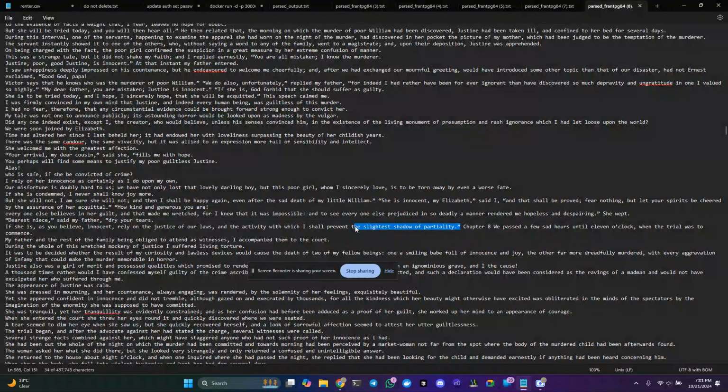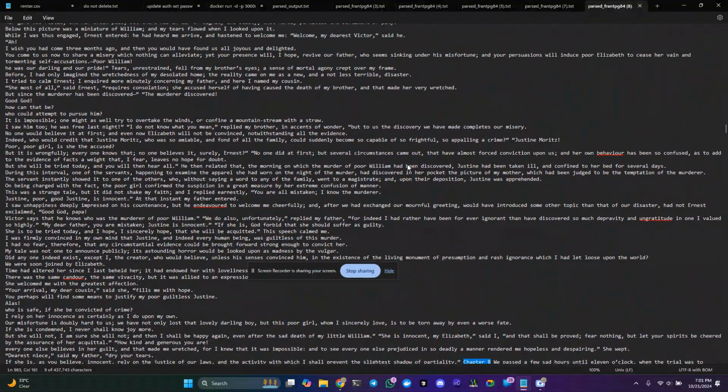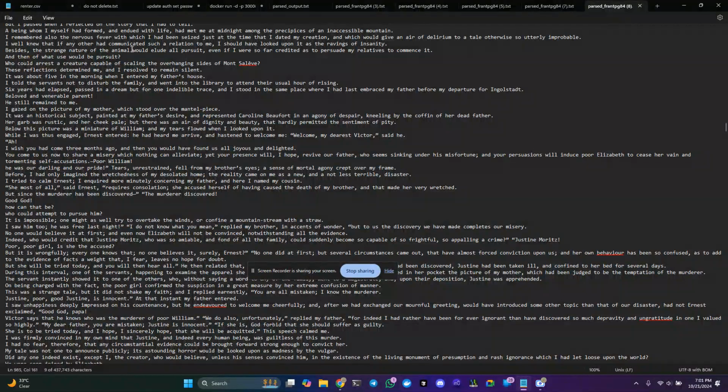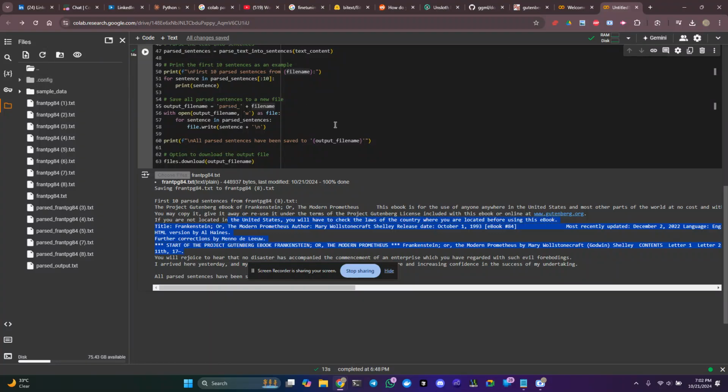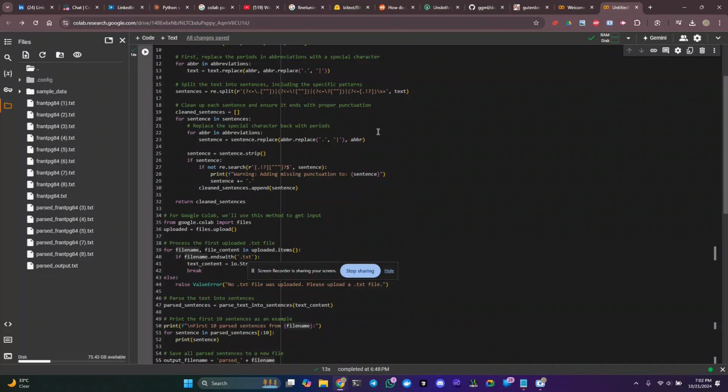Right here is another one, and I should add chapter breaks as well to make sure that doesn't get caught up in the parsing. But that being said, I now have 985 lines to begin building my large language model fine-tuned on Frankenstein in the works, and it's all due to this little handy piece of code written in Python, which is not perfect, but it's a pretty good start.